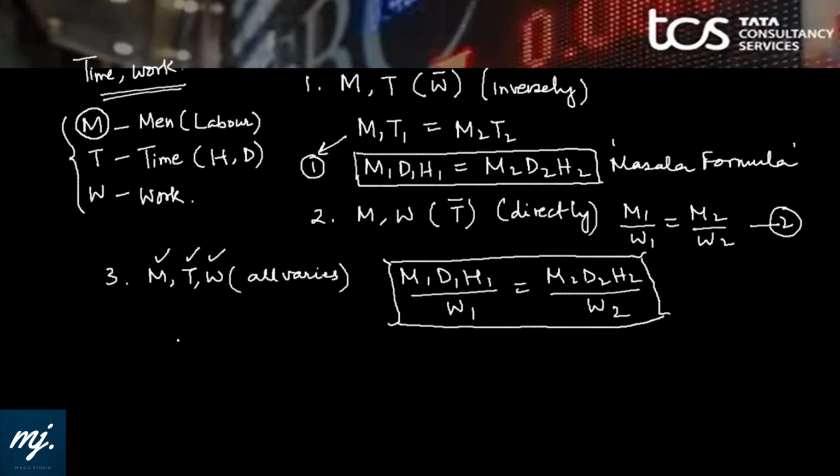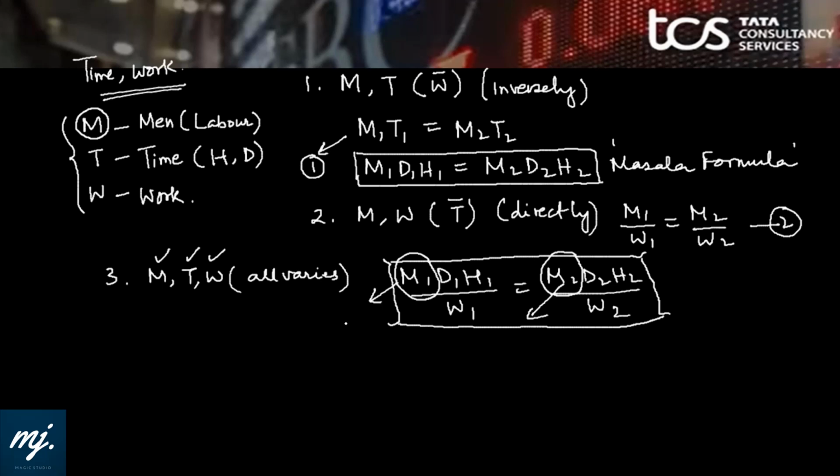But hey, stop. What is the main assumption which we have to consider while using this formula? The main assumption is that the efficiency of these two groups of people, or groups of machines, is the same. Whenever the efficiency of these groups of workers M1 and M2 is the same, only then does this formula fit.